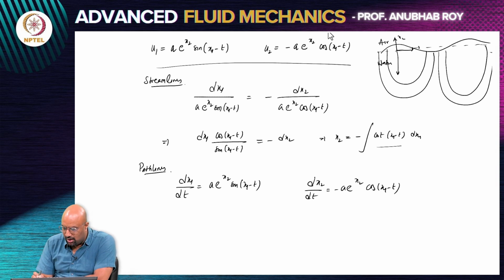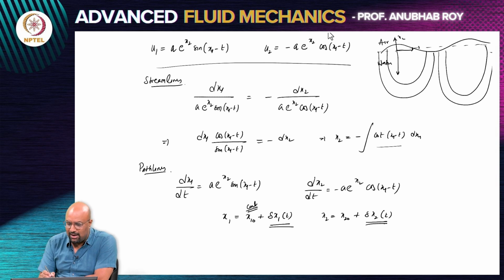But we can do some small approximations to see if there is a first level calculation that we can get. So what I will do is I will say that the particle has just started out from its initial position. So I am looking at small deflections from its initial position. It is at some initial location x1 of 0, and at some initial location x2 of 0, and I am looking at where the displacements from that initial position are not very large. And this formally can be argued based on how the amplitude of the wave is. But if we just do this and substitute into our equation,